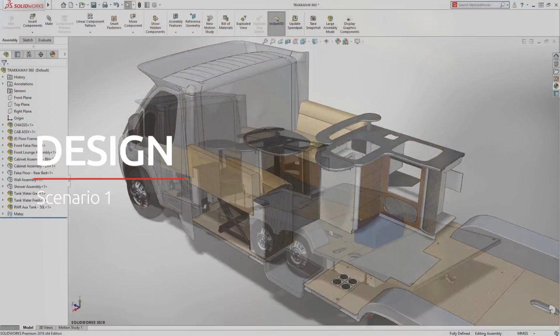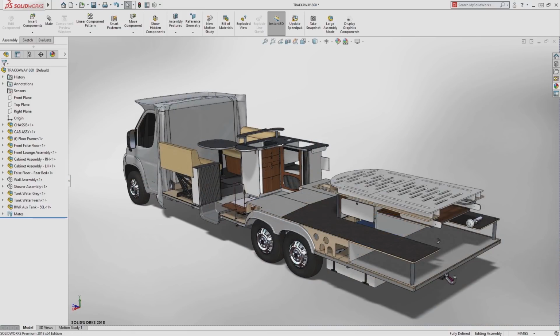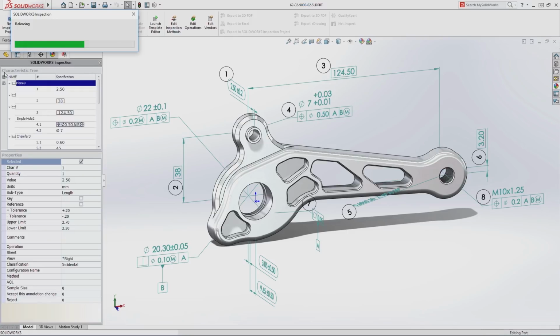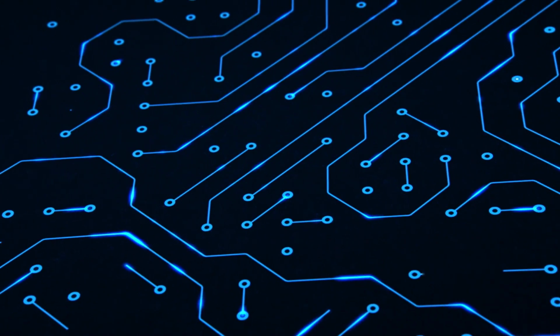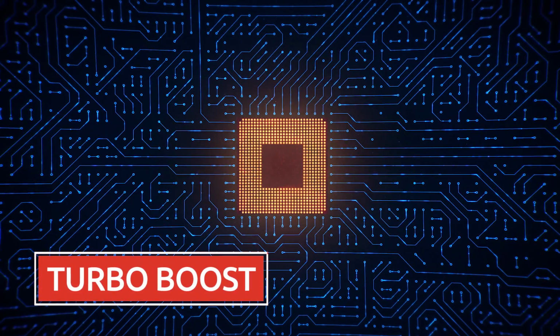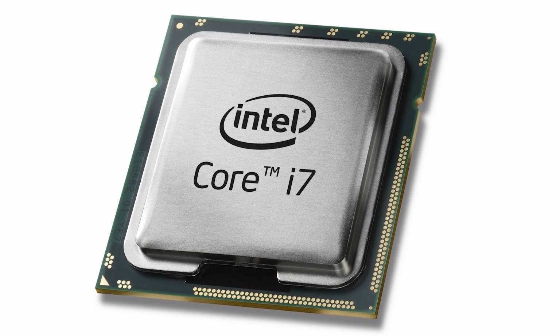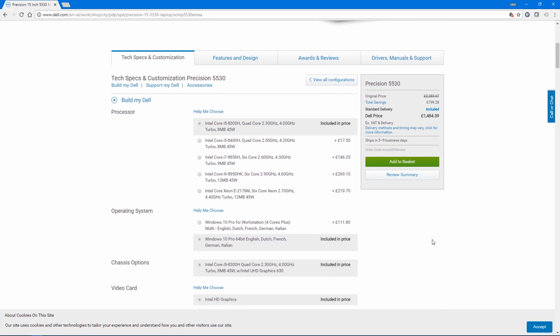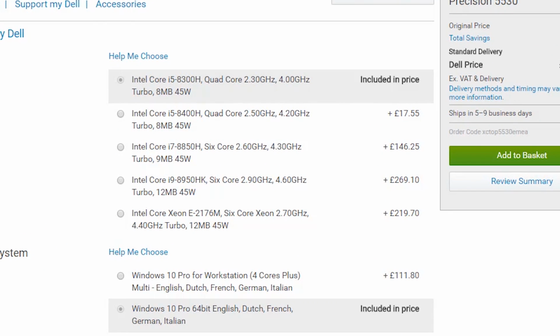If you're using SOLIDWORKS purely as a design tool, modelling parts, putting together assemblies, and creating 2D drawings, these are the things to look out for. Let's start with your processor. Core SOLIDWORKS is predominantly single-threaded, which means it only solves one task at a time. Because of this, you should be looking for Turbo Boost technology instead of investing in a machine with lots of cores. Find yourself an Intel chip with a high turbo boost speed that can churn through your tasks faster, and don't worry too much over how many processor cores your machine has.